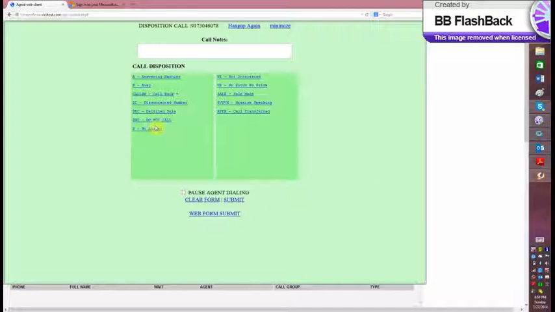It makes it very simple. All right, if it's a sale, meaning you actually scheduled the installation, you click sale. And if it's a callback, like in this instance, you're going to select callback. Now, the good thing about this is once you select callback and you hit submit, and before I show you that,